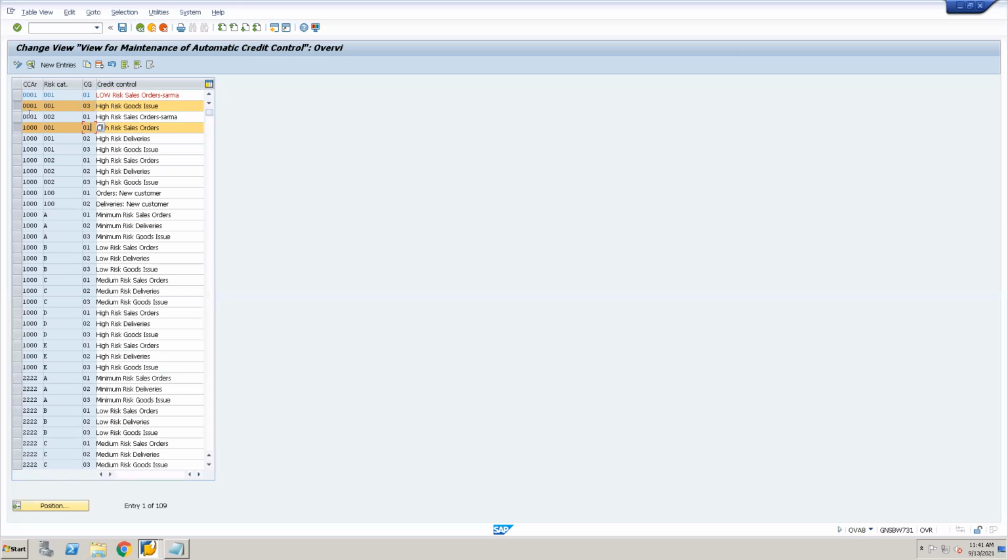If your company code is this one, and the risk category is medium, then you will be restricting at the delivery level. If it is very high, 03, and credit control area is 001, we will be restricting at the order, 01. So this is how. If you select any like this and go to the details, you can see here